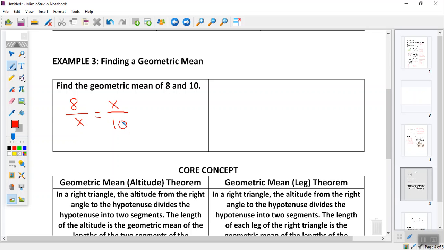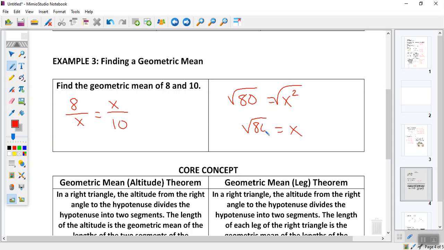No. Okay. So what this would mean right here then is this. What this would mean, kids, is the following. You would take 8 times 10 to be 80. What's the other cross product in this when I set it up? What is X times X? So to get X alone, what do I have to do to both sides? Okay, so we would simply say, since 80 is not a perfect square,